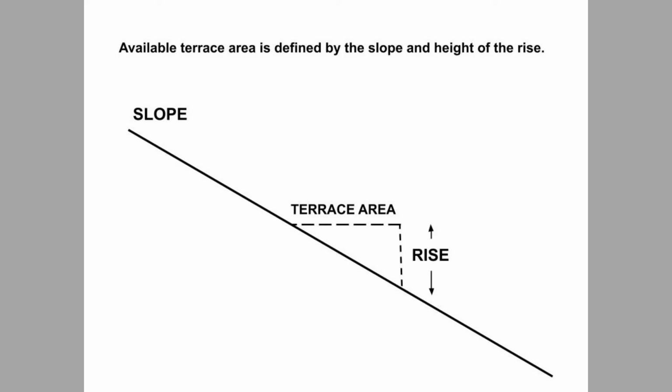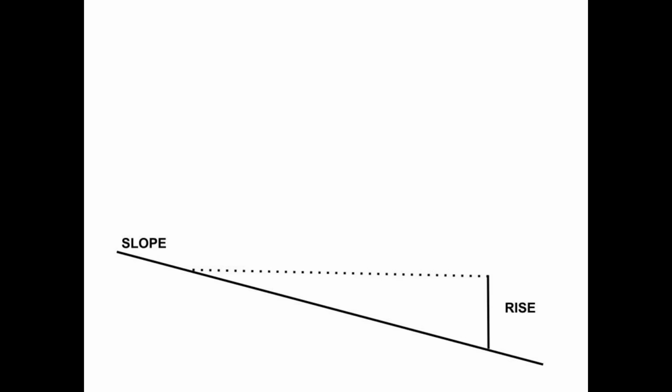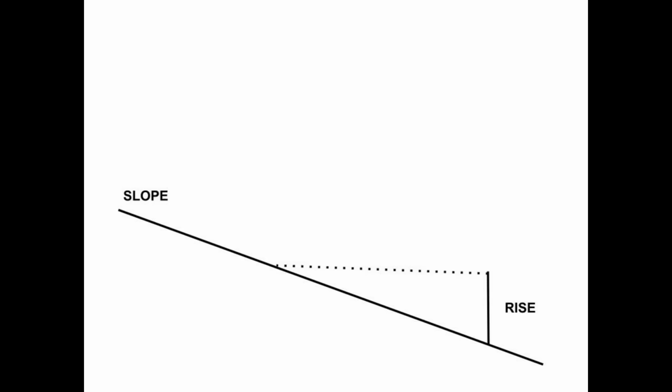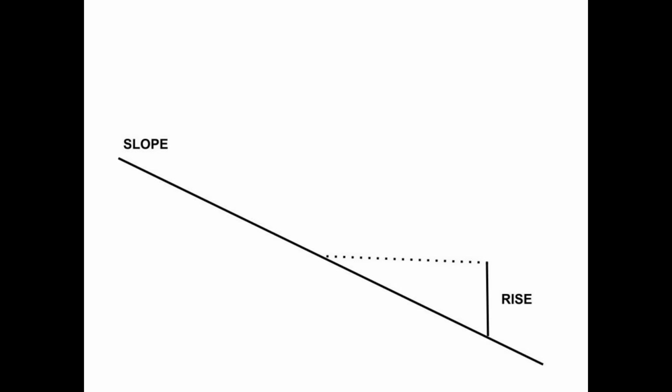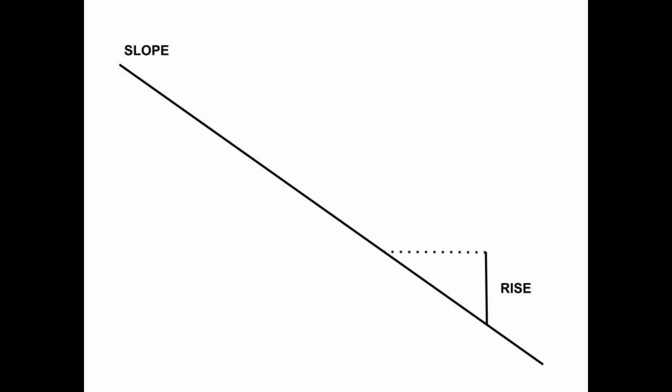When building a terrace, there is a key concept to keep in mind. The available terrace area is defined by the angle of the slope and the height of the rise. In this series of drawings, the rise is the same, but the slope changes. We can see that as the slope angle increases, the terrace area decreases. The same thing is also true if we change the height of the rise, but keep the slope angle the